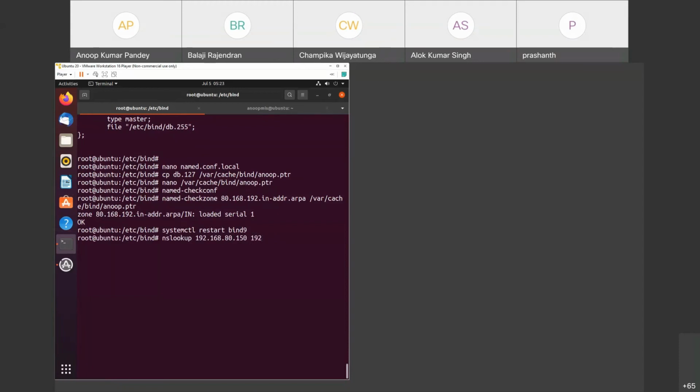So 192.168.80.129. So if you see, the reverse www.anup.cdac has been returned for this particular entry FQDN. So this is how we can configure the reverse DNS.